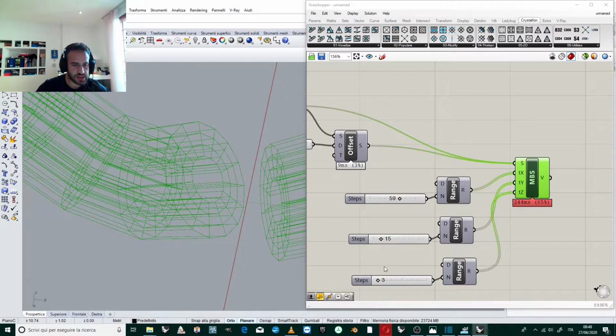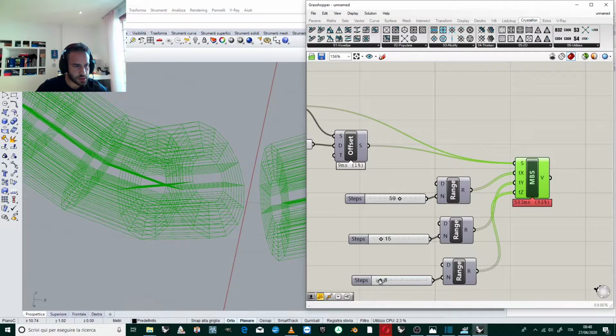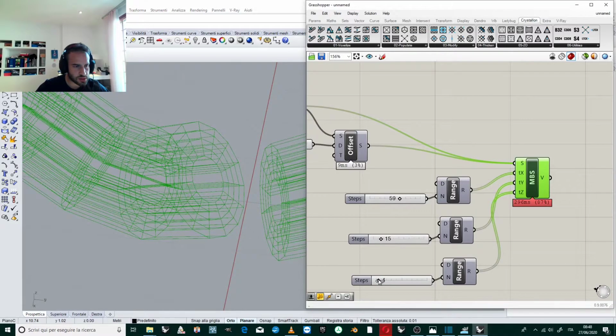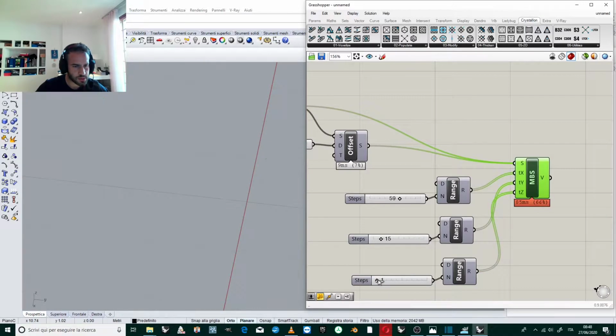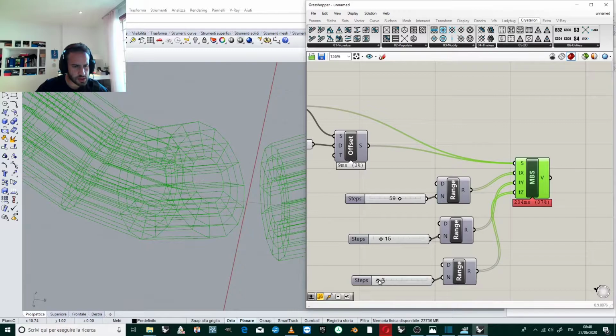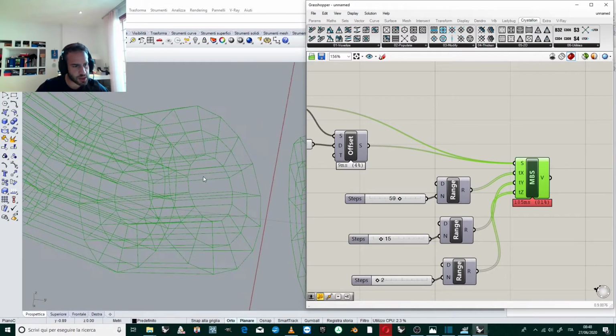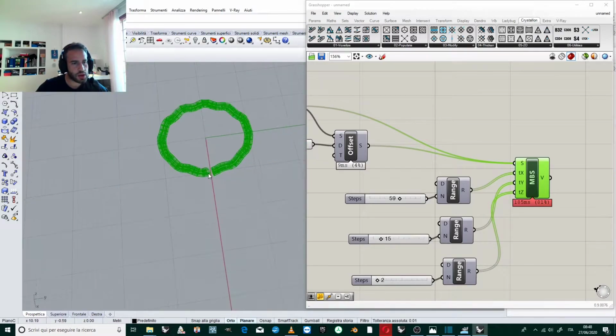And then we have the z, that is the number of division in a radial direction. At least, 2 is the least we can choose. Okay,